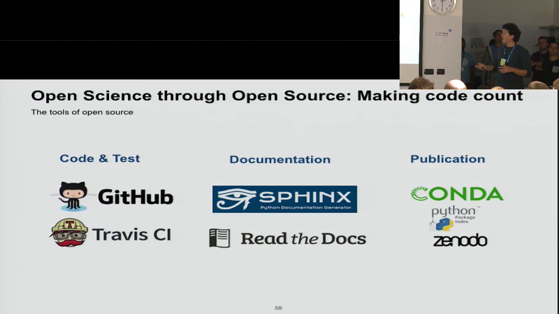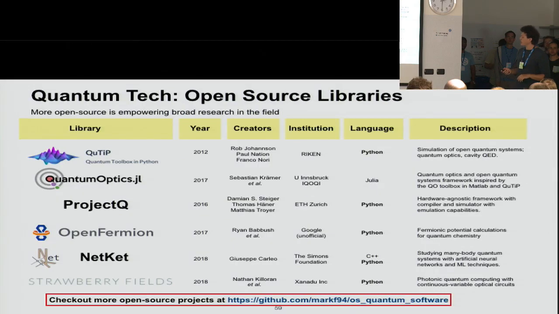Thanks to publicly available tools, we can perform continuous integration and independent testing. We can self-generate documentation for the libraries and host them freely. And finally, we can publish our results using hosts like Zenodo, which also offer a DOI exactly at the time of publication, without waiting for peer review, for example, for data or articles. And finally, this is basically my last slide.